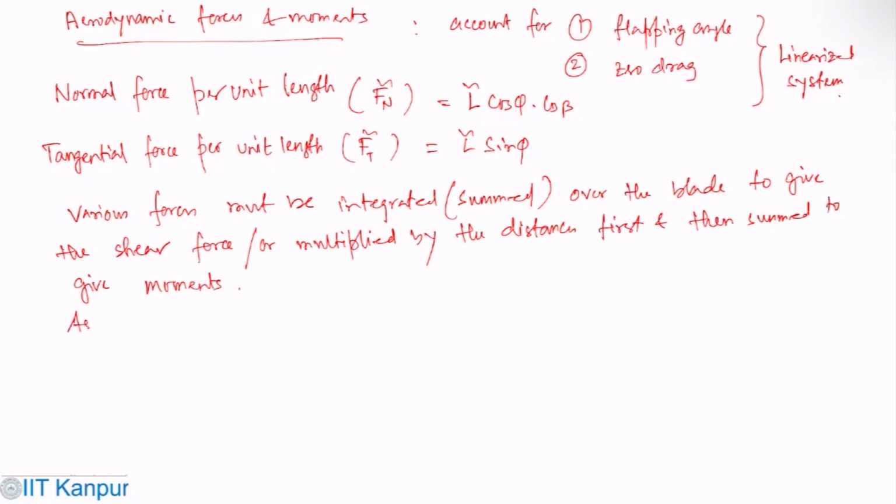So as before, a simplification is made, and what we have is sine of phi is up by ut, cos of phi is 1, cos of beta is 1. So these are due to the small angle approximation. Okay.